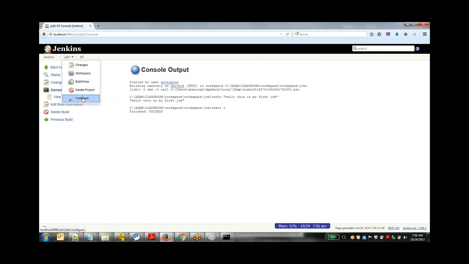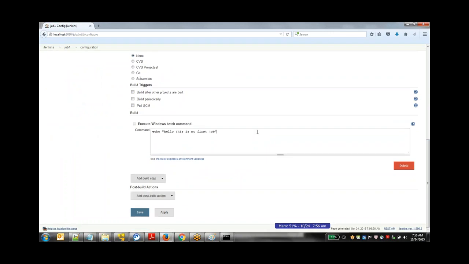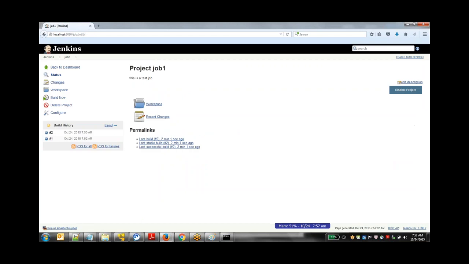Now I'll go to configure, and here I'll simply add a command that prints some output, hello this whatever, and I'm redirecting it to a file, which means once it prints, it is going to create a file called test.txt. It is just for a demo that I'm showing. Whatever you are running, the output will be stored in this test.txt. Now, if we say build now,